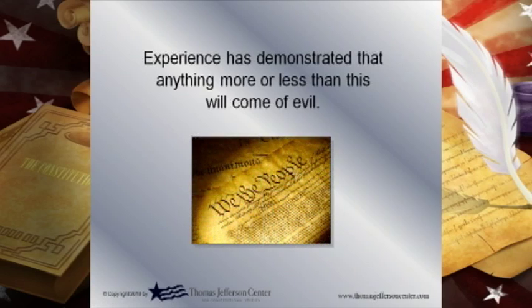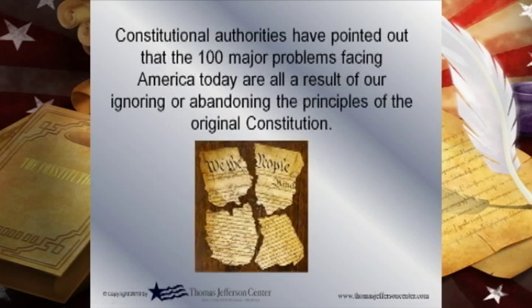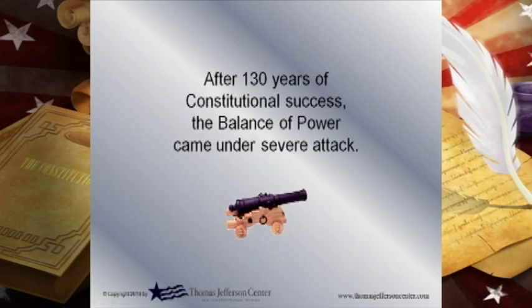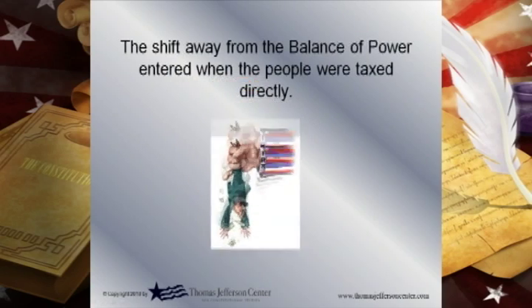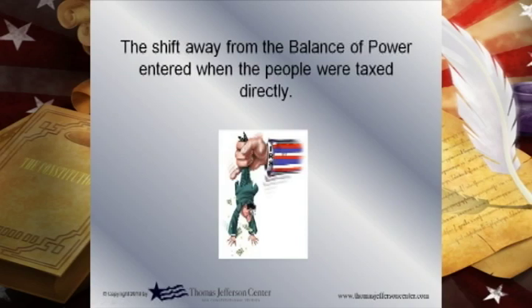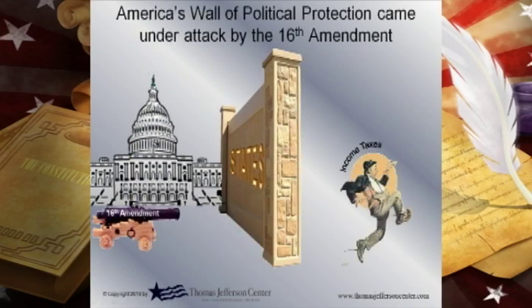Constitutional authorities have pointed out that the 100 major problems facing America today are all the result of our ignoring or abandoning the principles of the original Constitution. How did it happen? After 130 years of constitutional success, the balance of power came under severe attack. The shift away from the balance of power entered when the people were taxed directly instead of taxing the states. This happened with the 16th Amendment, when it shot a hole directly through the protective wall at the poor